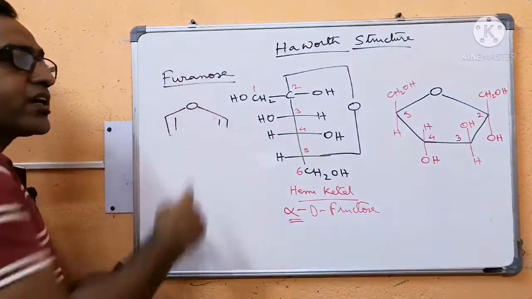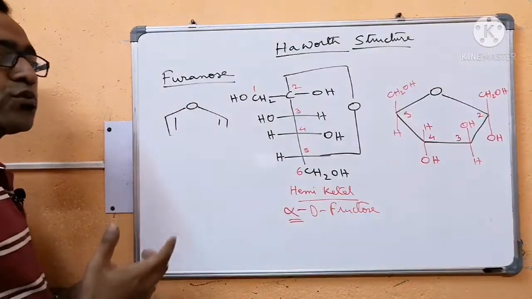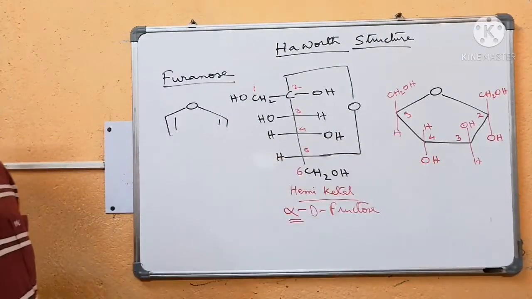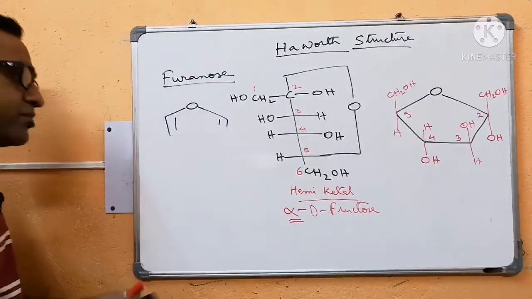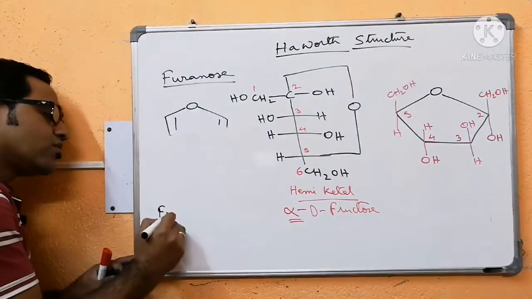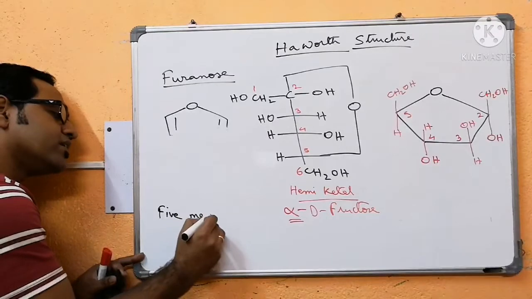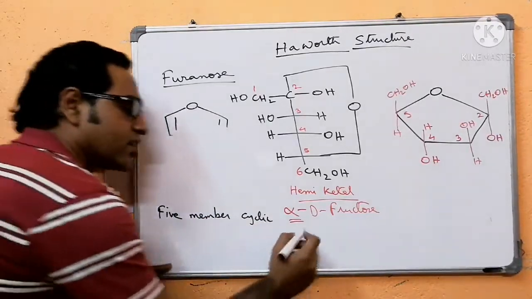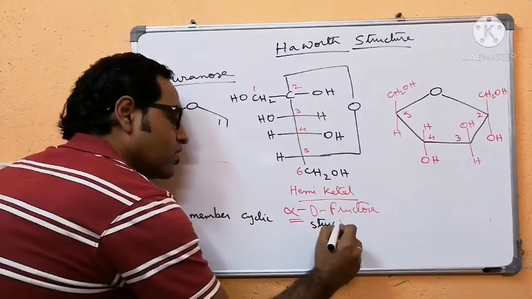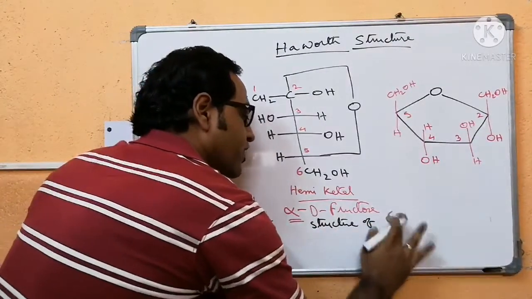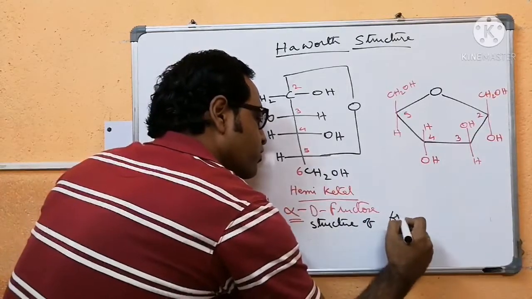So whenever you define this furanose structure of fructose, you will say the 5-member cyclic structure formed. Let me write it. Furanose structure is the 5-member cyclic structure of fructose,